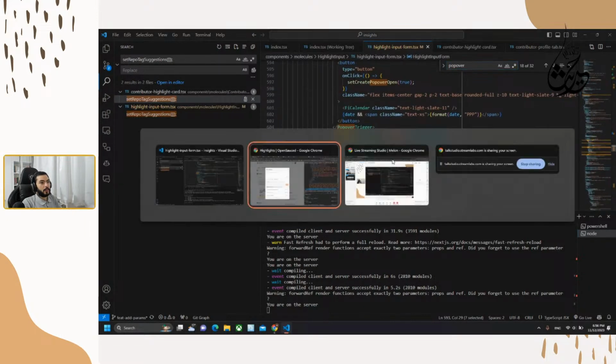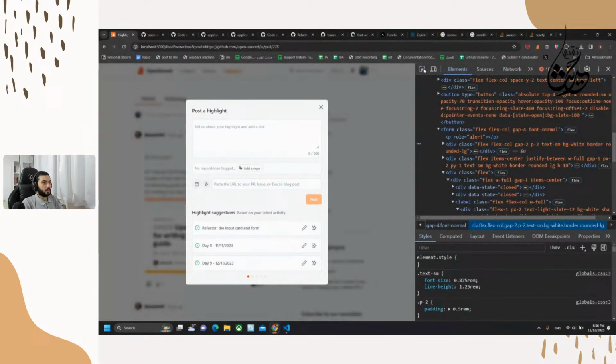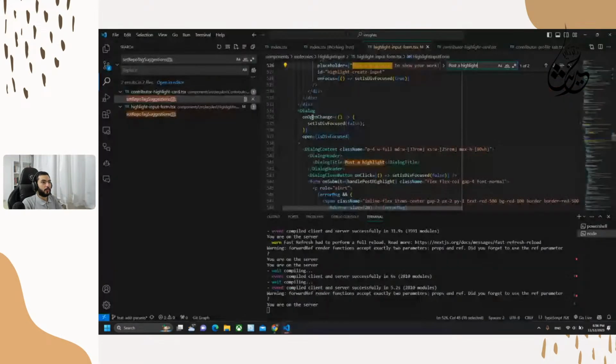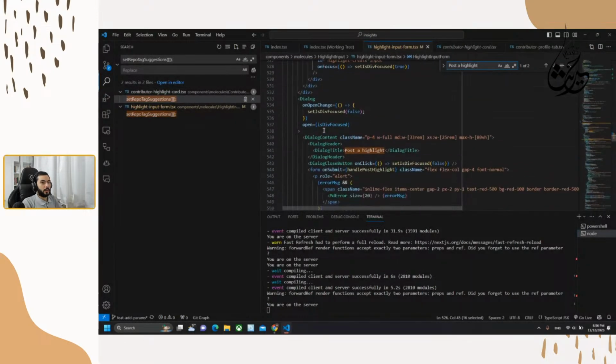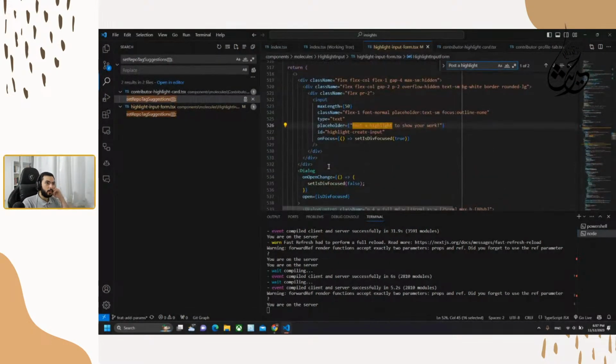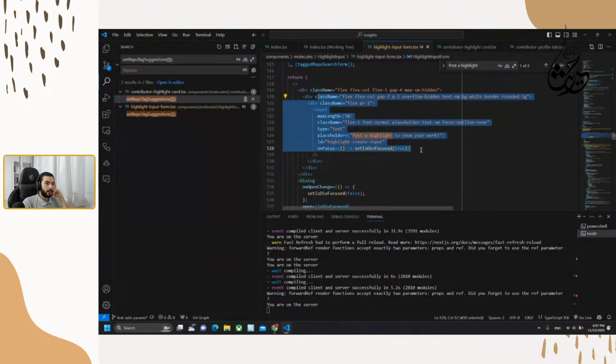Okay, so as for those to highlight, it's our main component here, and we have it here as well.